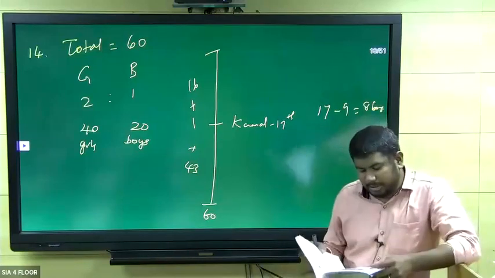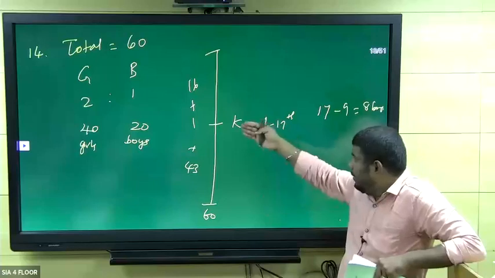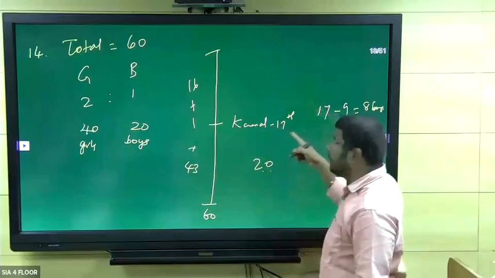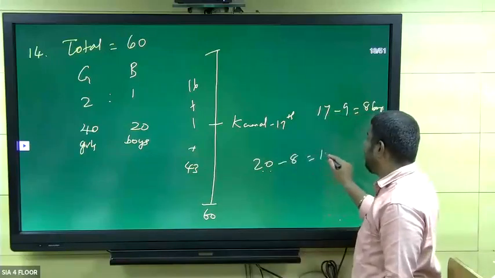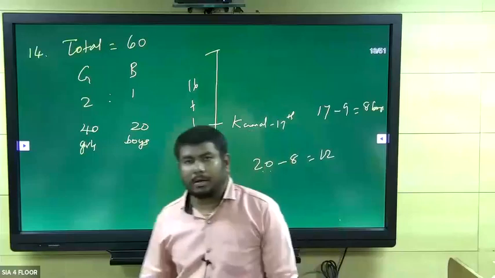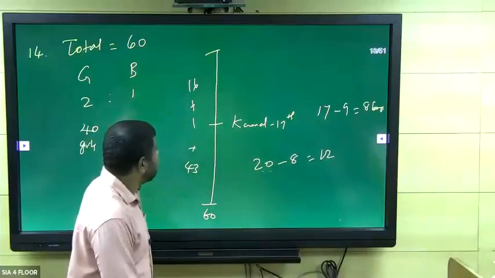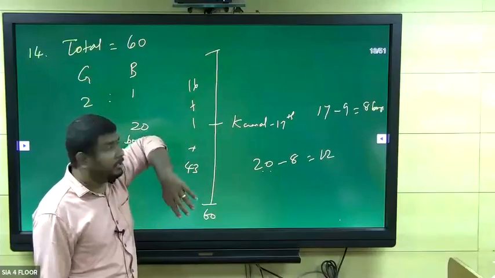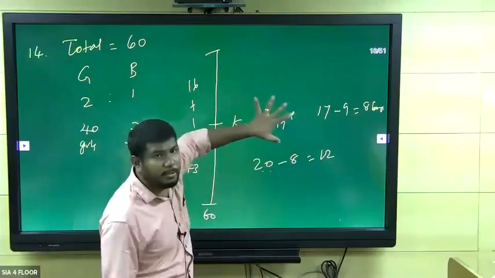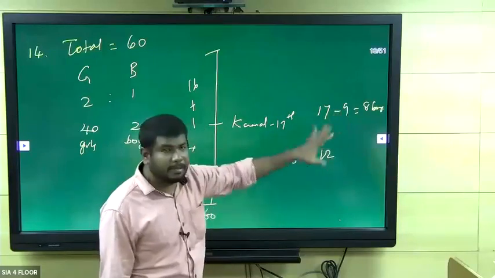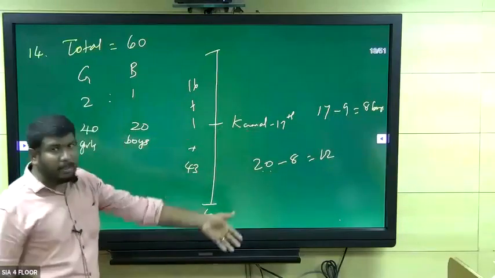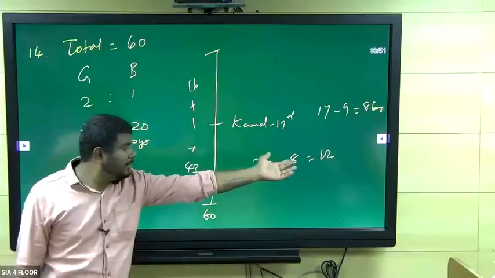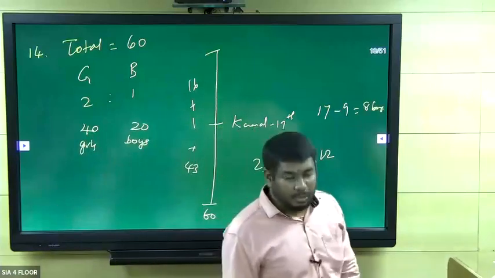So now our question is how many boys are there after Kamal? I mean below Kamal, right? So how many boys totally? 20 boys. Up to Kamal, 8 boys are there. So what is the answer? 12 boys. Clear, right? So listen, guys. Kamal is at the 17th position. 9 girls are ahead of Kamal. So then 8 boys will be there, including Kamal. 17 minus 9, 8 boys. So we need to find how many boys are below Kamal. Total boys is 20. In that, 20 minus 8, 12. So the answer is 12. Clear?